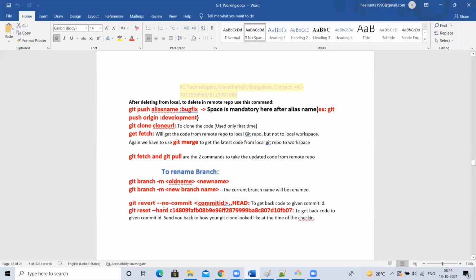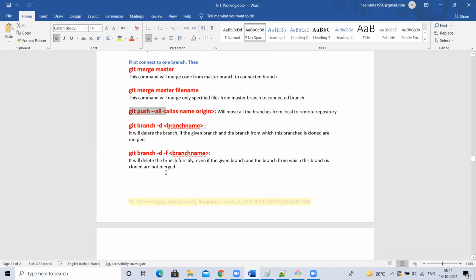But while deleting a branch, there is one logic here. If you have modified this test branch, if you have made any changes in the test branch, this test branch is created from the development branch or else the main branch, right? So if both are not in sync, if your test branch changes are not merged into the branch it was created from, then it will not get deleted by default. So you have to delete it by force. You have to use one more option called -f, meaning force.